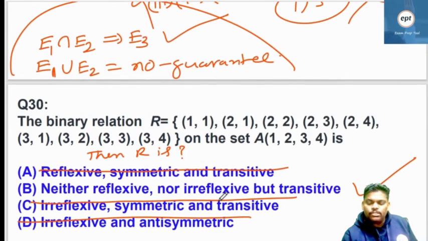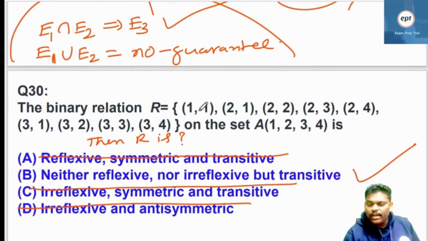Someone is saying how transitive. Please check. Forget about all the reflexive things, because reflexivity is anyhow satisfied. Remaining things you verify. 2, 1, 2, 1, starting with 1, no use. Next one, 2, 2. Next one, 2, 3, starting with 3. 2, 3, 2, 3, starting with 3. 3, 1, 2, 3, 3, 1.